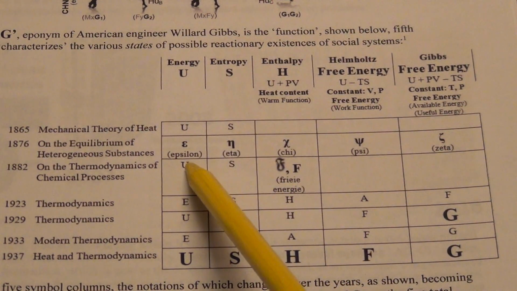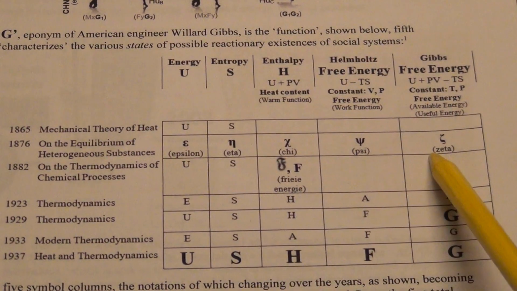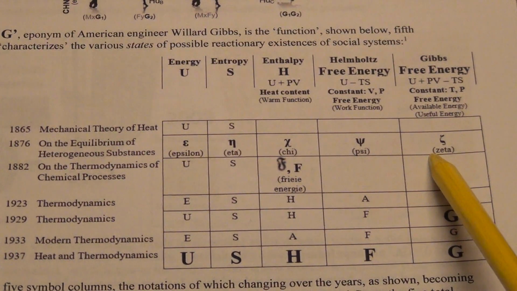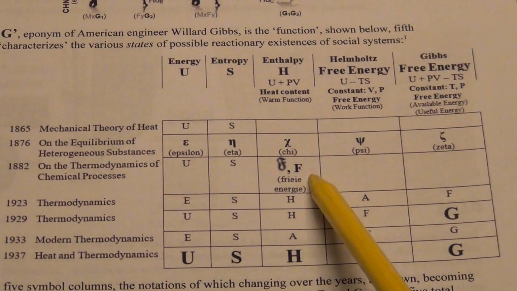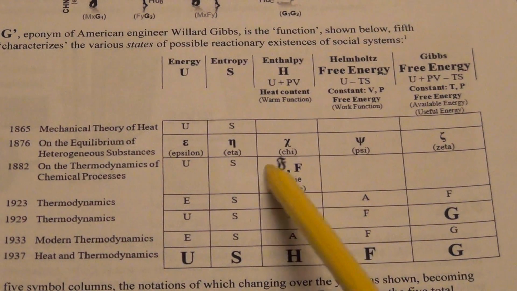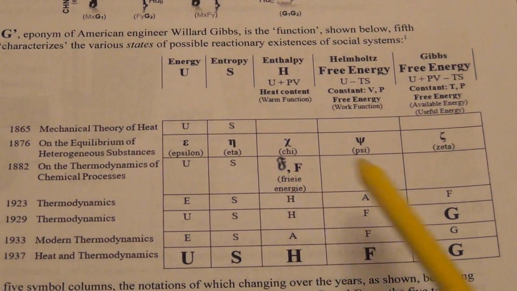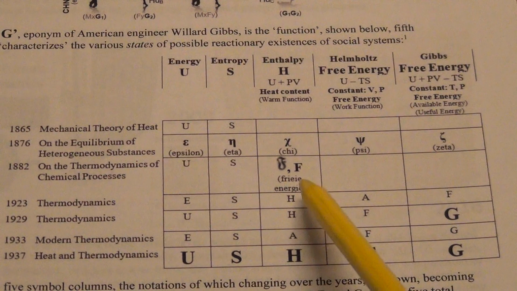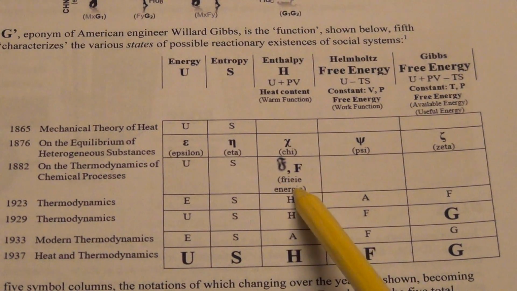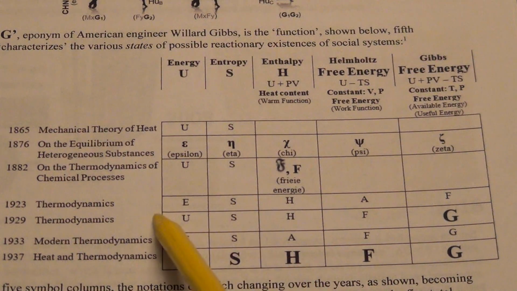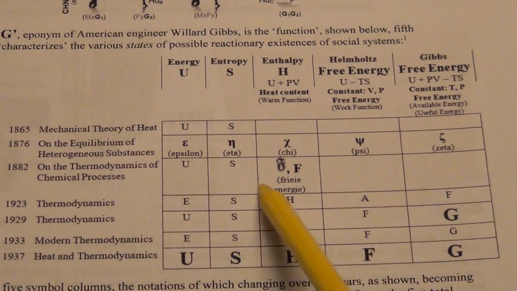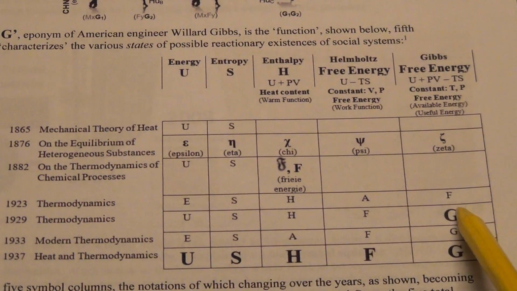Gibbs defined it as these Greek symbols, which is based on Francois Masso, as we'll explain. And it was Helmholtz who in 1882 defined free energy, which we now would think of as Gibbs free energy, but he is the one who introduced this concept. And we have Gilbert Lewis, who is basically the kingpin of modern chemical thermodynamics, but it was